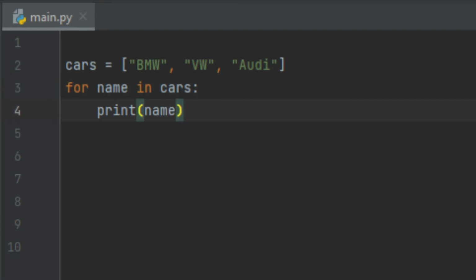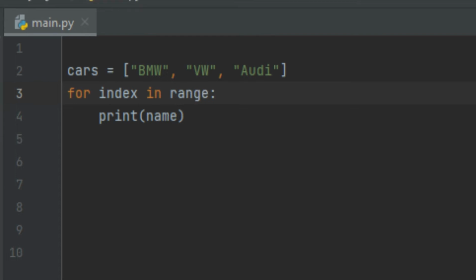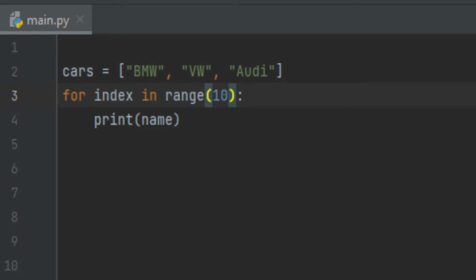So we can loop through something like an array. We can also just loop through a series of numbers. So I could say index over here, and again, this could be anything. I'm just going to call it index. So we could say for index in range, and in here I can pass in a number. So I could pass in a number like 10, for example, and down here I'm going to print out the